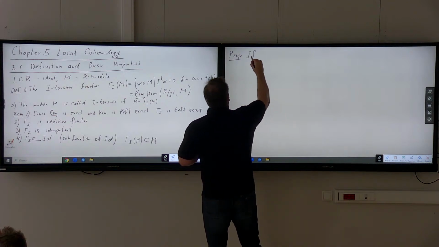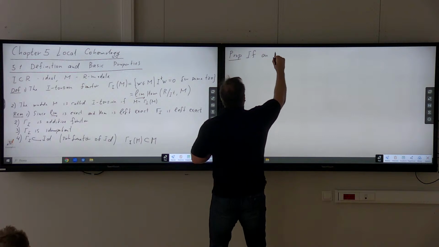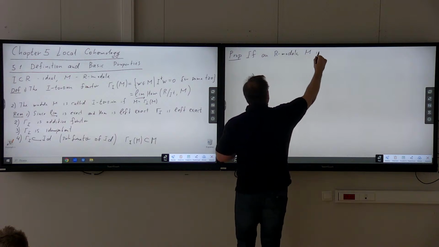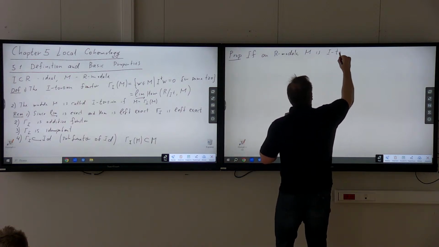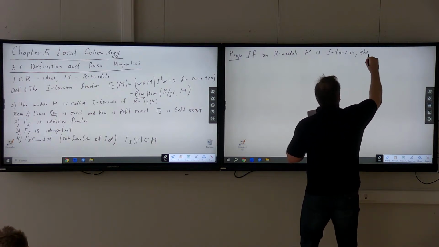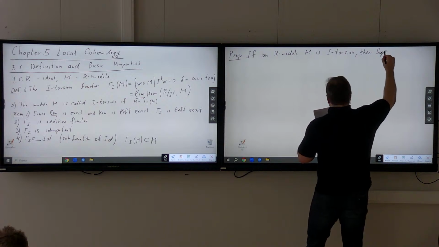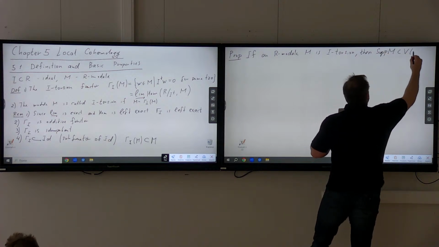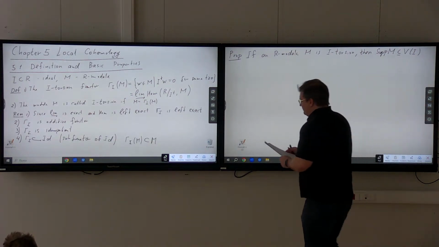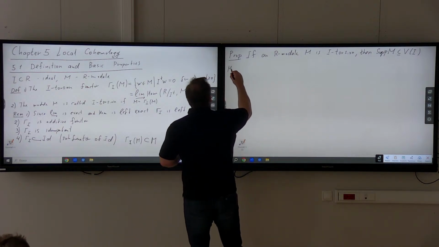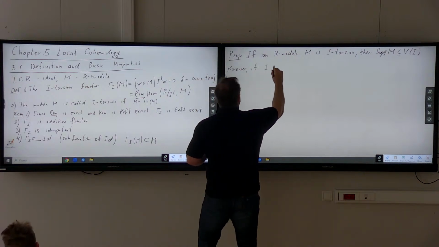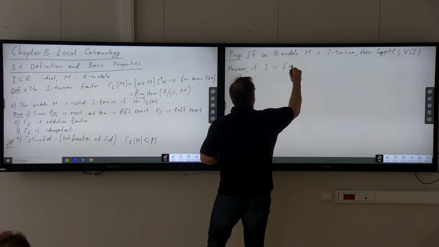So if an R module M is I torsion, then the support is inside the vanishing set of I. And moreover, if I is a finitely generated ideal,